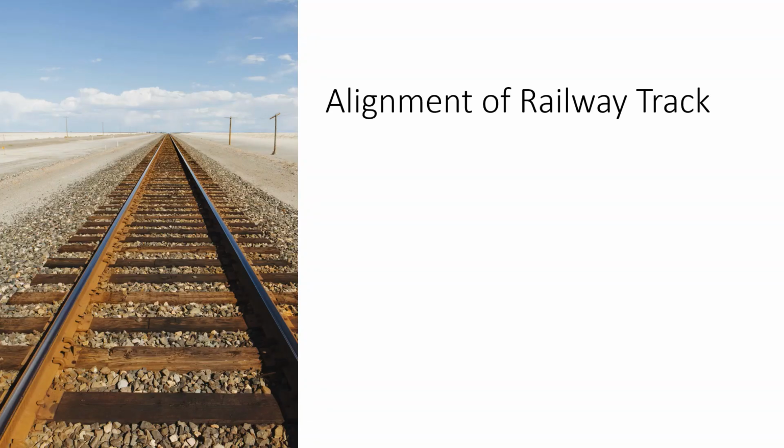So before going into the details of geometric design, first and foremost thing we have to keep in mind is the alignment. So the alignment of roadway we have seen in transportation engineering 1. In a similar way, the alignment is important for the railway track also. So what is this alignment? The direction and position given to the central line of a railway track on the ground is what is called as the track alignment.